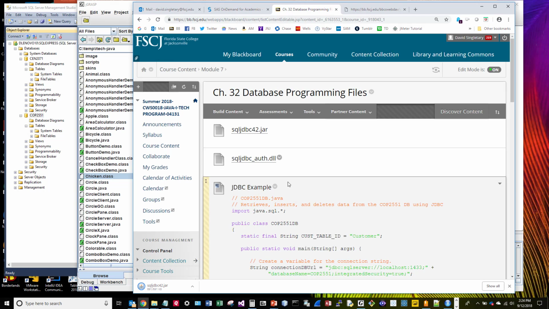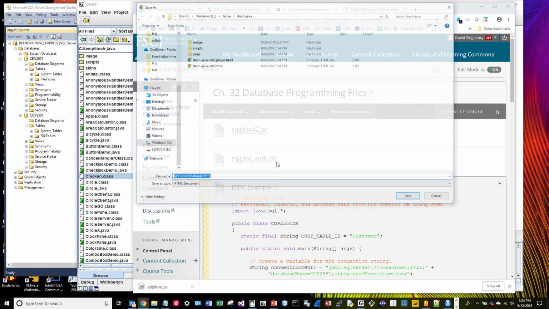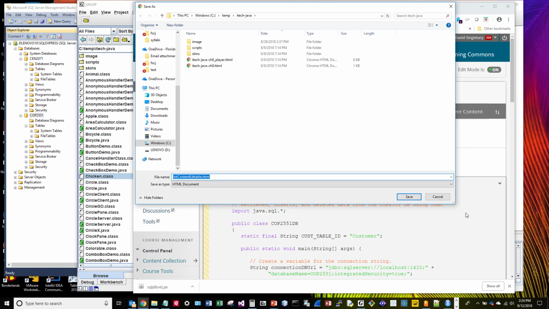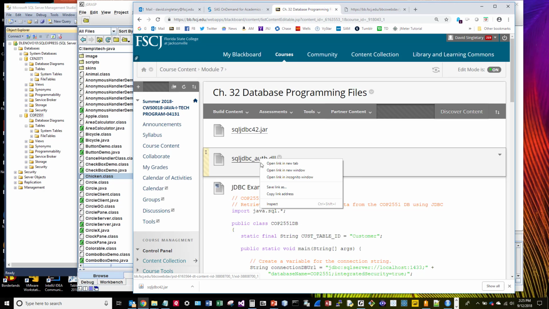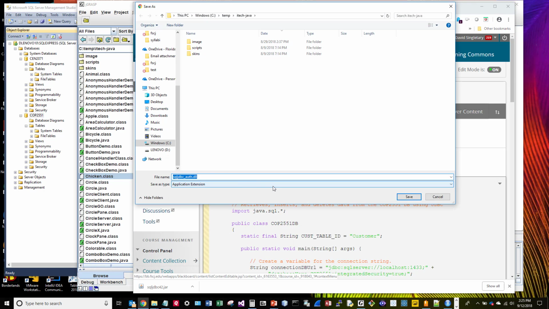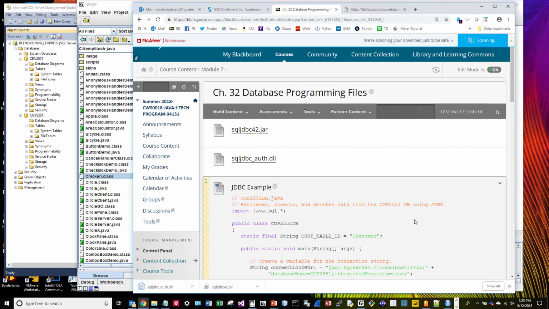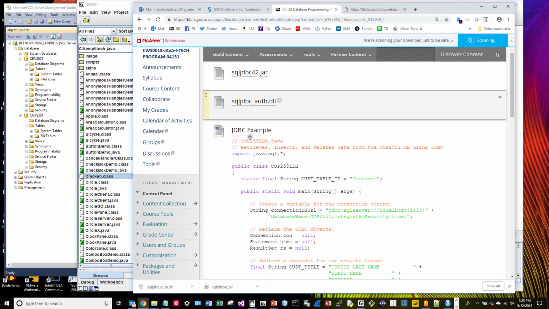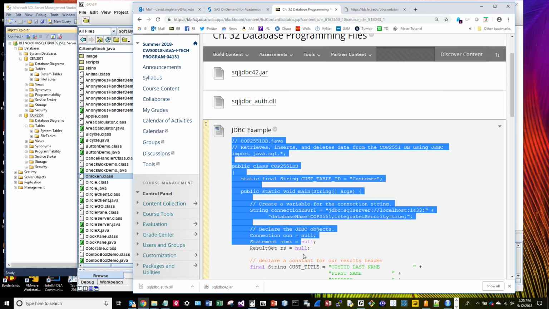I'm going to download the SQL auth. Save link as. Same folder. Oh no, this one, that's not right. Try it again. Save link as. There it is, the DLL. So I'm going to save those two files. And this is the code. So I'm just going to copy and paste this into